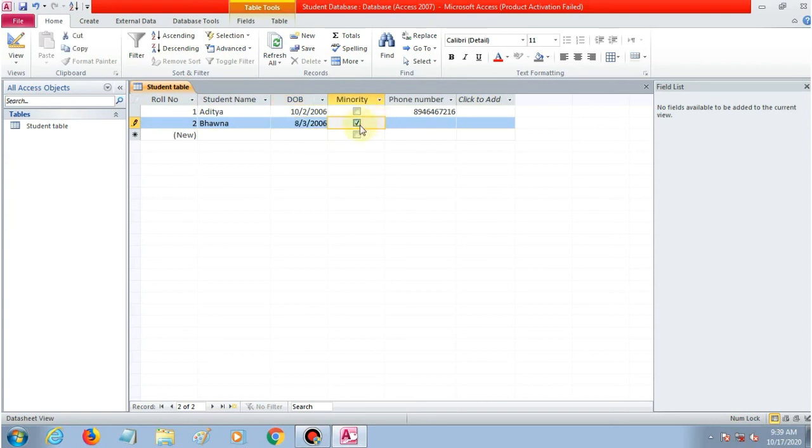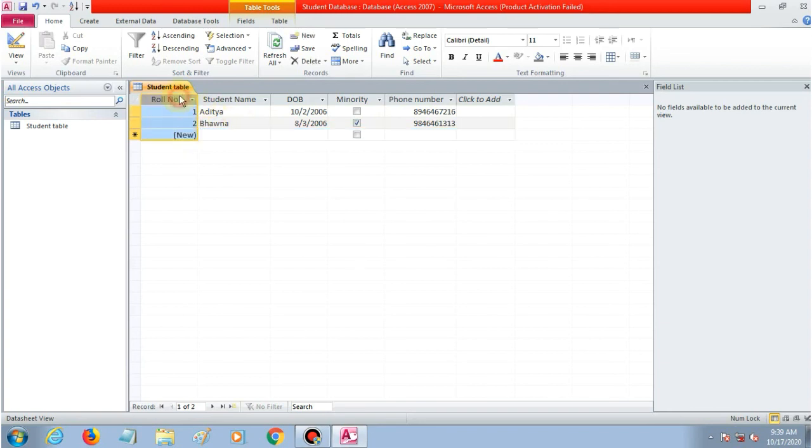If a child belongs to a minority, then click in the checkbox, otherwise leave it, then give the number and come to the next record. In this way you can enter the values in every field to create a record of a particular student.